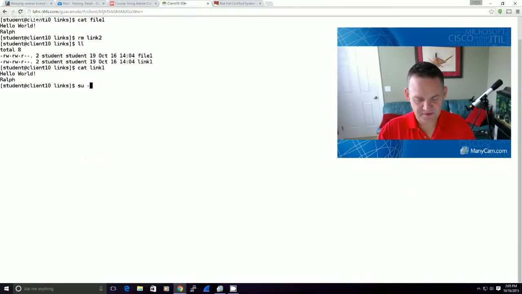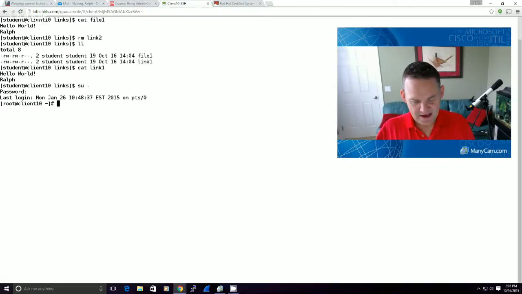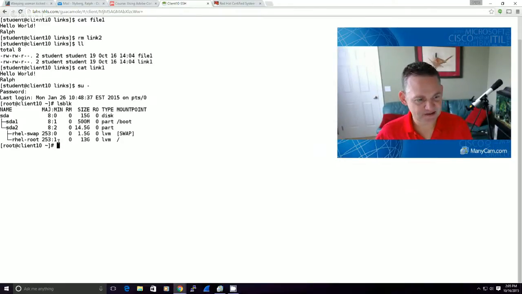Now, I'm going to go ahead and su out to root here. And if I do an lsblk, you'll see that I've got a couple different file systems. I've got a file system at root boot, and then a file system at root, and then my swap. So if I change directories to boot, now I'm in a different file system, and I try to create a link